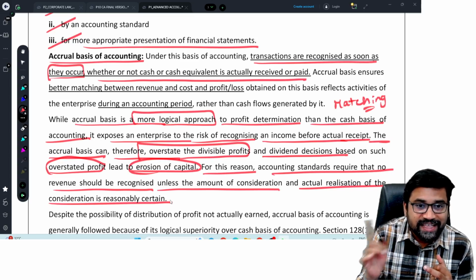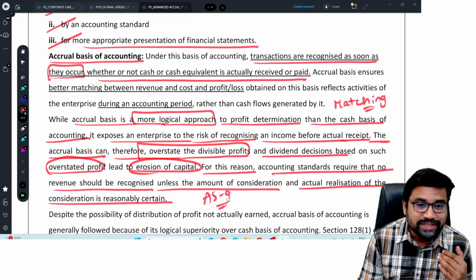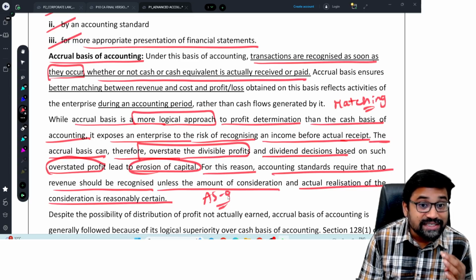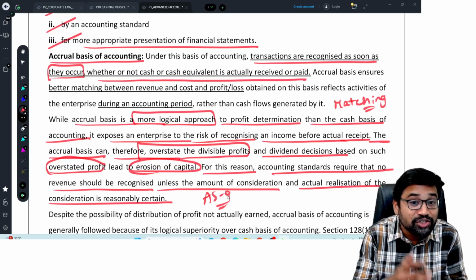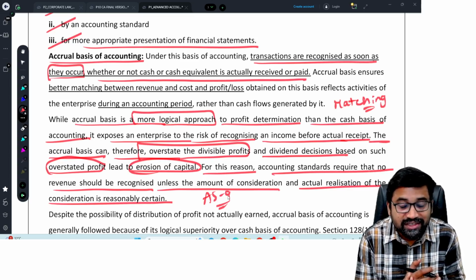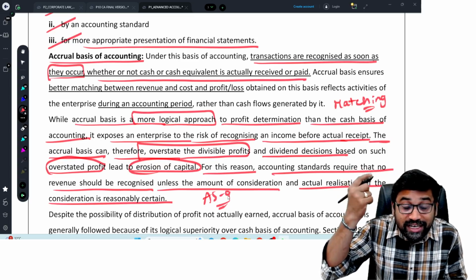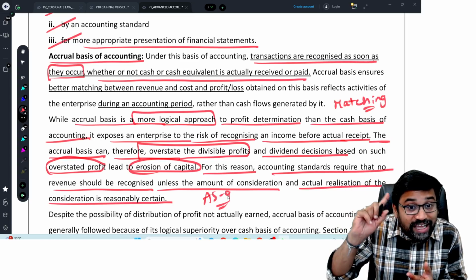Accounting Standard 9 is there actually. Accounting Standard 9 says whenever you have sold the goods, when will you recognize revenue? First of all, there should be transfer of risk and rewards. Second, there should be certainty in collection. Certainty in price and certainty in collection. Only when there is a certainty in collection, you should recognize the revenue, right? So Accounting Standard 9 says whenever you sold the goods, there should be certainty in collection, then only you recognize in the books. Why is Accounting Standard 9 saying that?